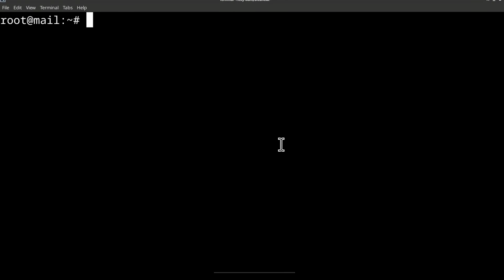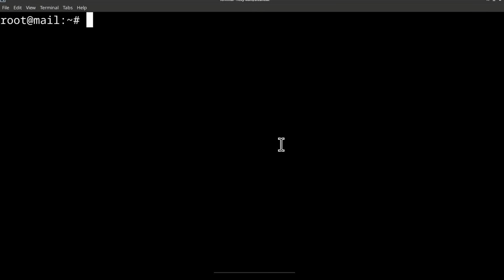So the first thing I want to do is to update the server. I'm assuming you have some idea of how to manage your Linux server, because if you don't, it's going to be really hard for you to manage your mail server. So with that said, you should do everything to secure your server. I do have an initial server setup for Debian 12, and you can follow the steps to make sure your server is at the same level. The only thing you'll need to skip there is the firewall setup, because we're not going to use UFW. I'm also not going to do those things here. I just want to show you how to set up your mail server with Postal.